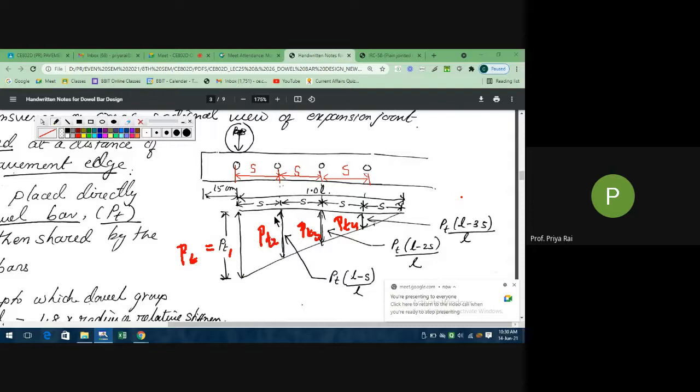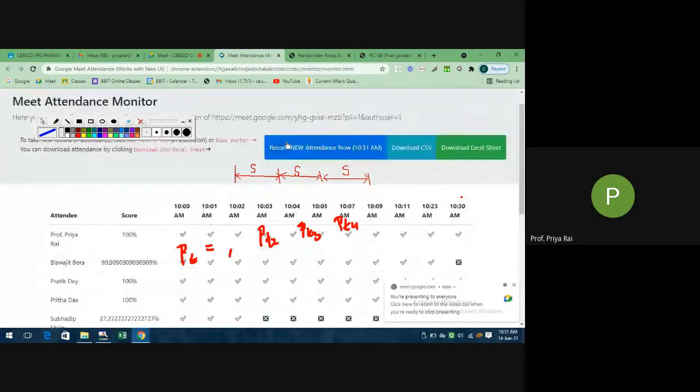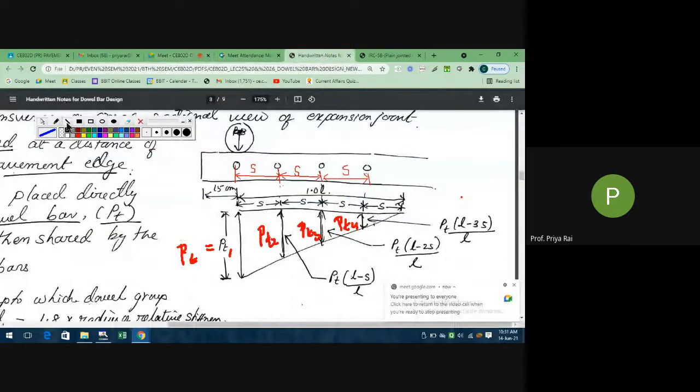You know this magnitude, and you know that they are forming a triangle. They are reducing at a constant rate. If we draw it, it will form a triangle like this. Now you know the length for this big triangle, right? This is PT.